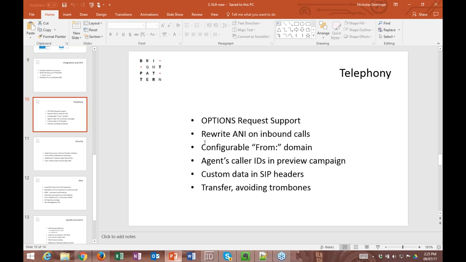And then we have also added some features around transferring and avoiding trombones. So what this means is previously it was set up so that at the carrier level, if we needed to do a trunk-to-trunk transfer, it would create 2 calls. And what we've done is we've rolled out some updates so that it creates 1 call and not 2. So if you're integrating with an Aspect Prophecy system, for example, it makes the transfer seamless and without trombones and